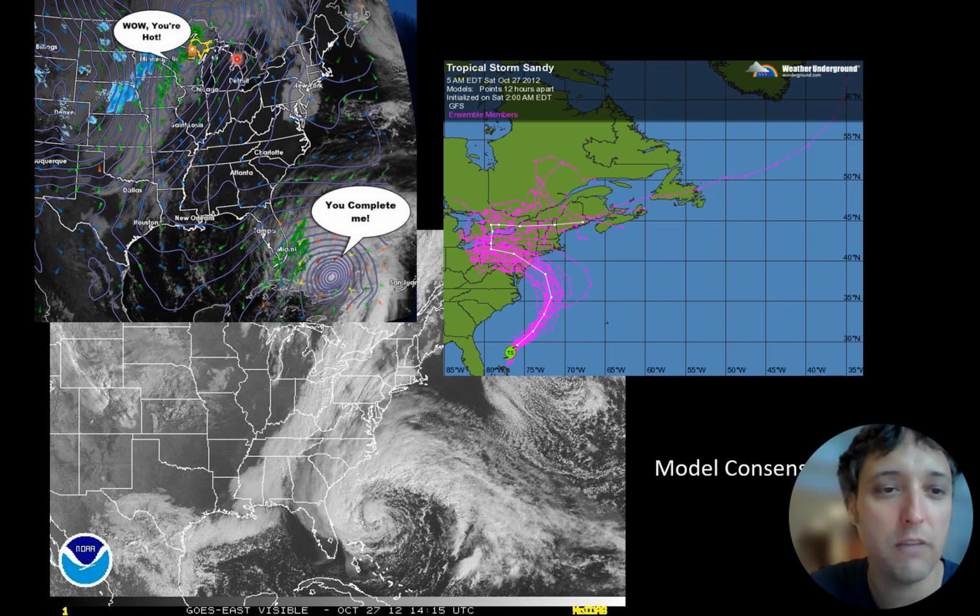This sort of trough of cold air, cold front pulling in is going to stall out, and it's going to start to negatively tilt. So instead of being angled this way, it's going to start to become angled this way, and that's going to open a door for the storm to turn in this weird direction, because normally they are following the prevailing winds and they curve out to sea.